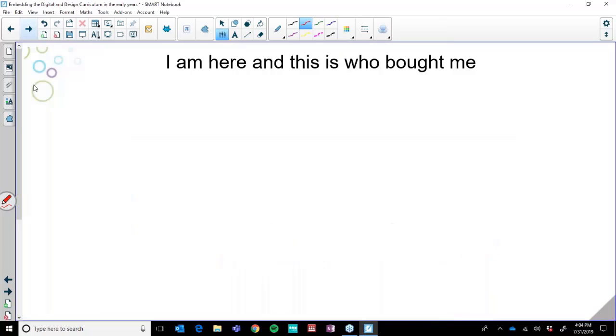So the journey started here with these prep teachers at the start of the year, where they said when we were bringing SMART into the school, please don't give us smart boards. We don't want the tech. We don't want the iPads in here because it is too difficult with preps to get them to sign in and use the technology. And so what we thought we'd do is go very slowly.